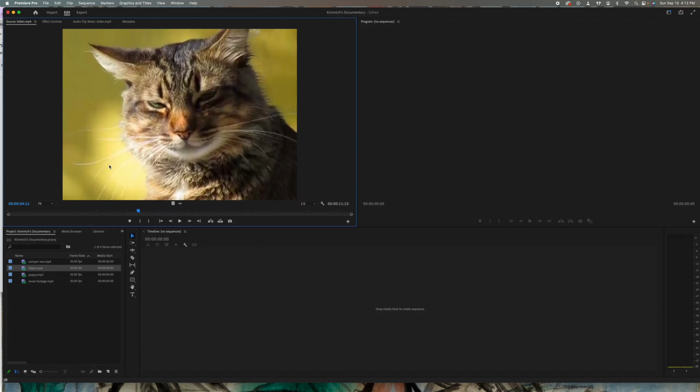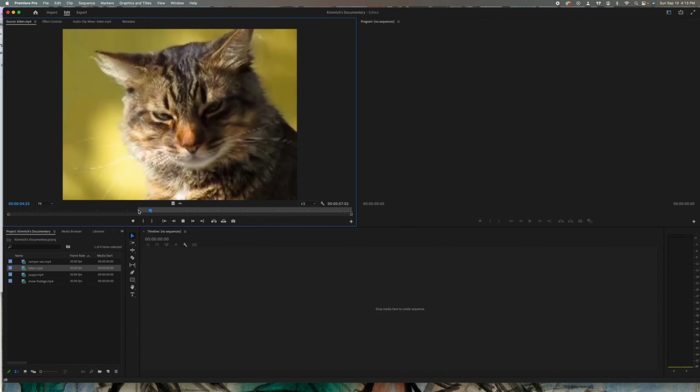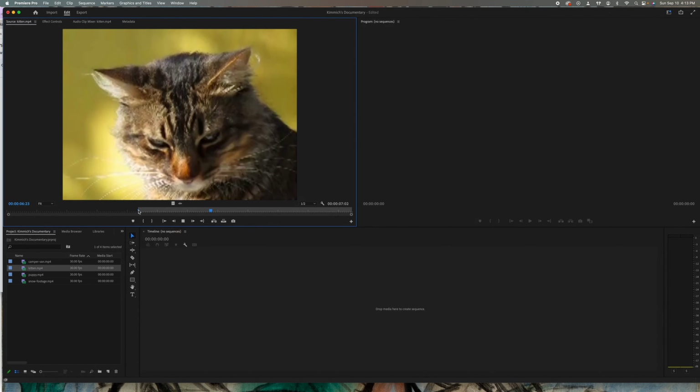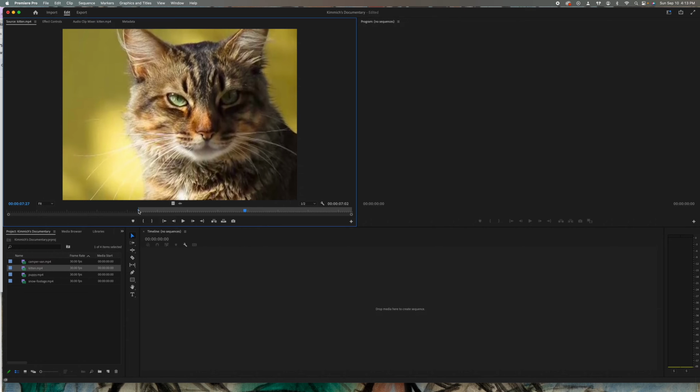Then I'm going to hit I to make an in point, and now you can see that that grayed area is created, meaning that's the only part of the clip that's going to be used. The part before here, which is called the playhead, will not be used. So I'm going to play it for a couple more seconds, stop it there, and we'll call that our out point. So I'm going to press O for out point. Okay, and now you can see that just this range is going to be used when we bring it down